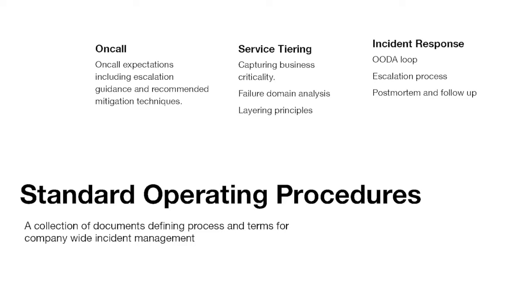So there are meta documents, and I think this is probably the reason I kept it as a separate slide. These provide the foundation for all other processes, and provide the theoretical work to explain why these things are like this, and how they are interrelated, like the feedback between different processes. And the standard operating procedures, as I called out, span across incident response, service steering, being on call, and more. These documents are almost always available from our production engineering standard documentation library, and are heavily linked from all our software.